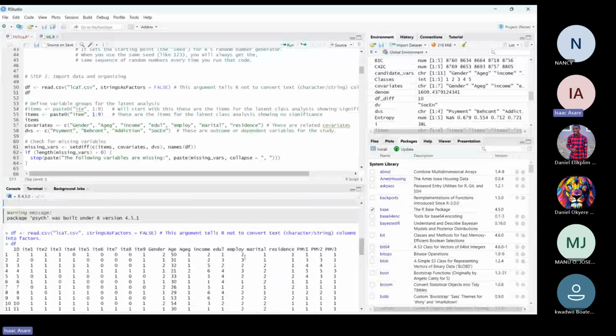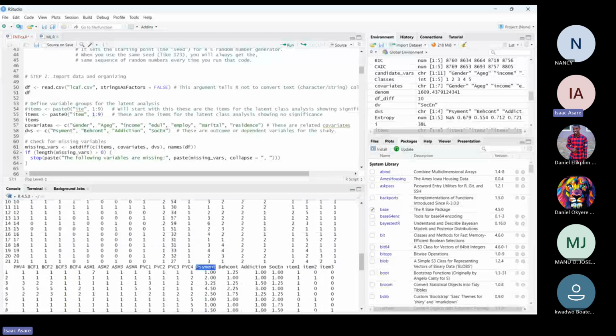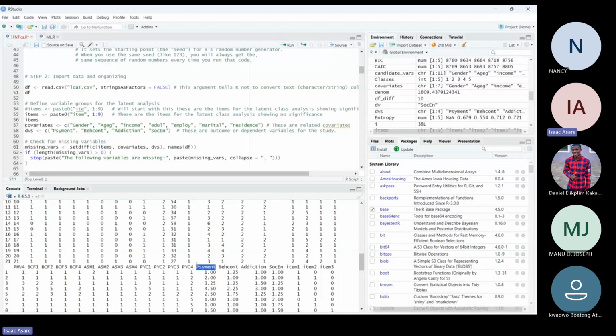So the 4 items are measuring what is called psychological and mental health. Anytime you are designing an instrument and you need one variable to stand in for a construct, you can find the average of the items, especially if it is based on